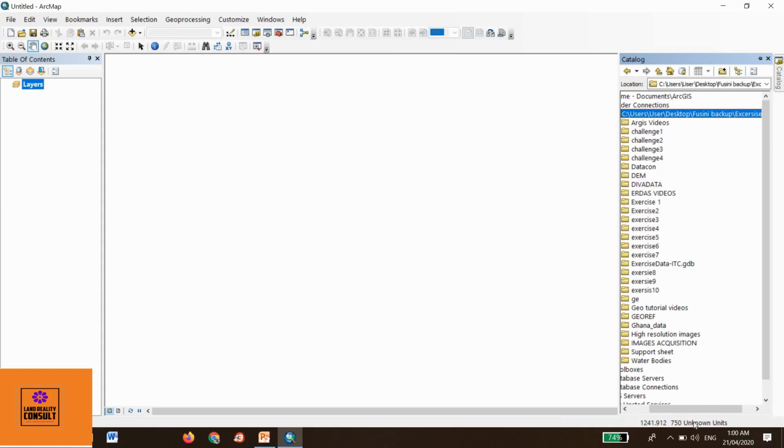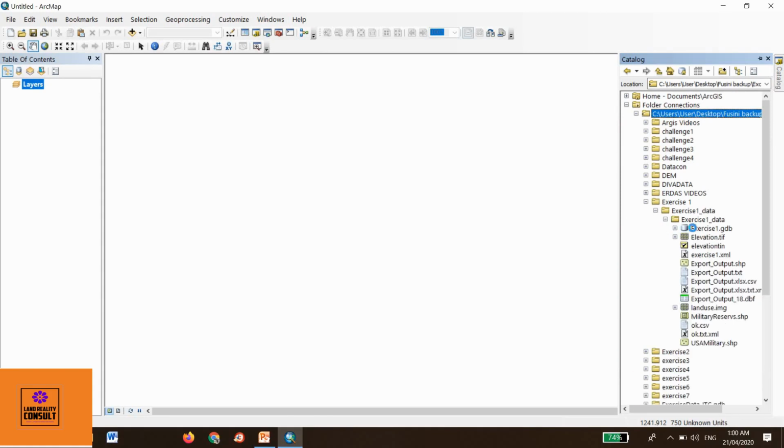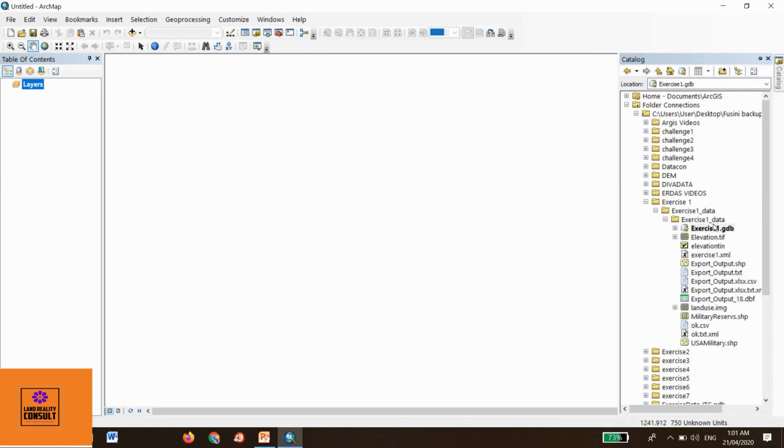You can open wherever you have your default folder, the folder where you are working. Click on this geodatabase. If I want to make this exercise 1 geodatabase default, you right click on it and then come here, make default geodatabase. Automatically it's the default